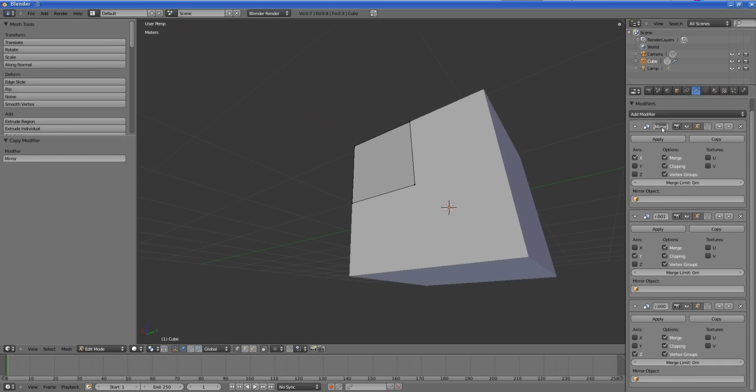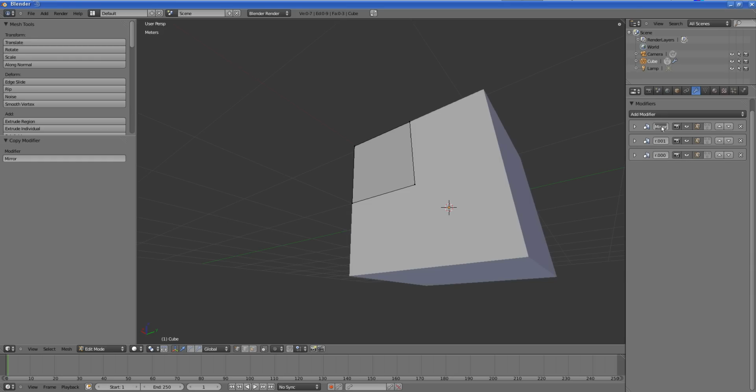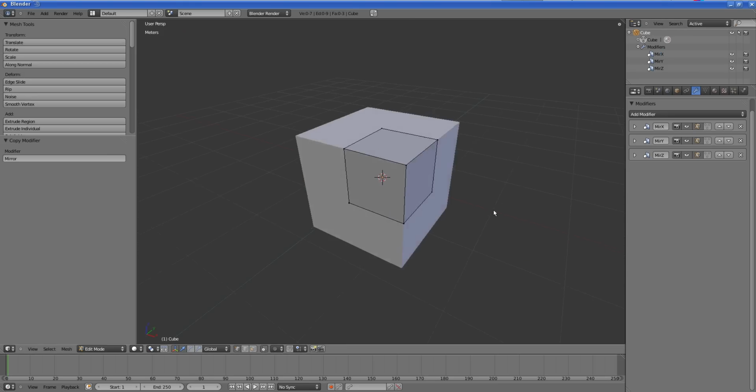Let me just collapse this. I can name this if I want: mirror X, mirror Y, and mirror Z. And switch to active. You'll also see the modifiers over here. You can name the modifiers from here as well. Just control click and you can change it, but I'll keep it mir x. Cool. All right, now that we have this,